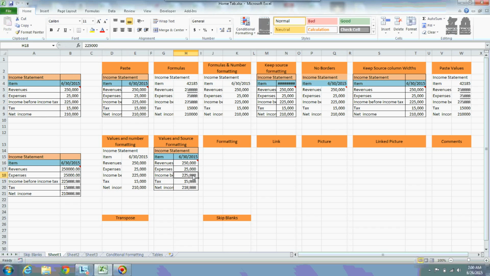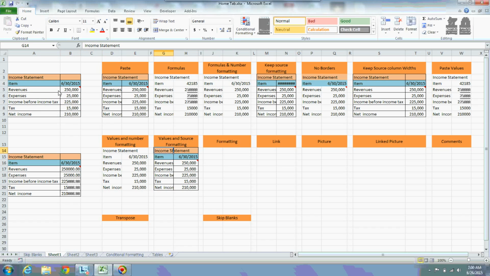Here there is no formula because it copies only the formatting of our source along with comments, along with value formatting. It means there is a comma in between values, there is also a comma. Only it ignores formulas. There is no formula here in income before income tax, whereas there is a formula here under the income before income tax line item.